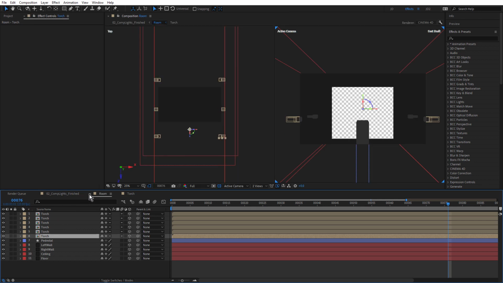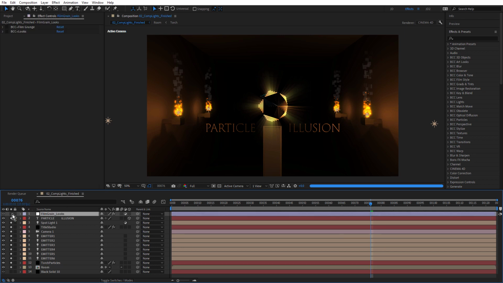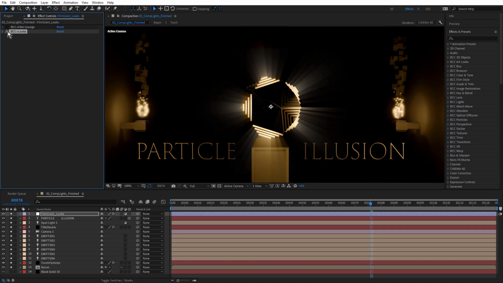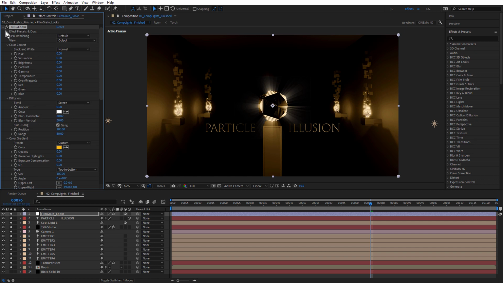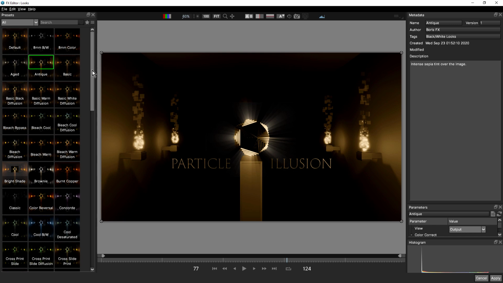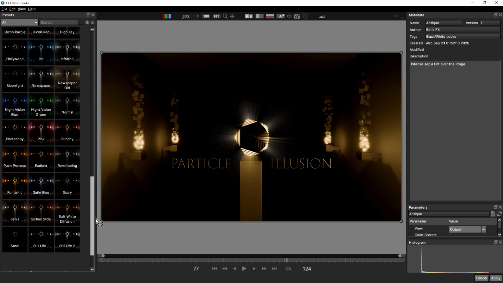Let's close these two. And just switch on this adjustment layer. So I wanted to give this a kind of sepia grainy look, and I started with BCC+ Looks. And that gives us that basic sepia look. Just twirl this open. And if we click on FX Editor, this is where you can check out all of the presets. There's a sepia one down the bottom here.